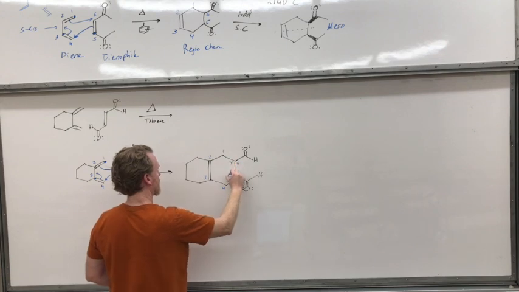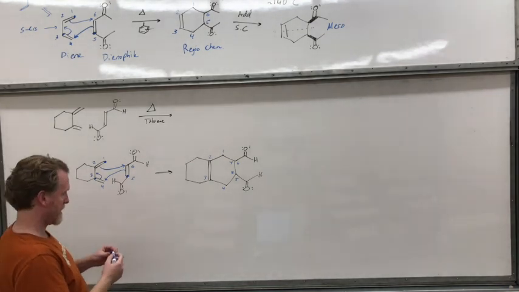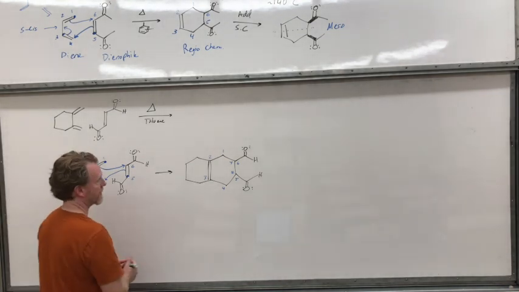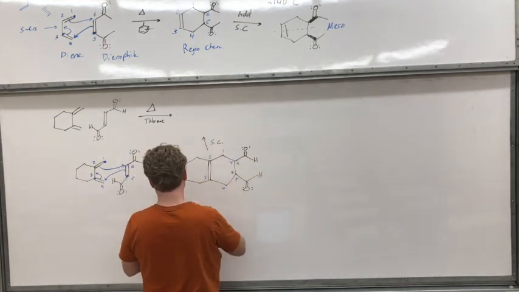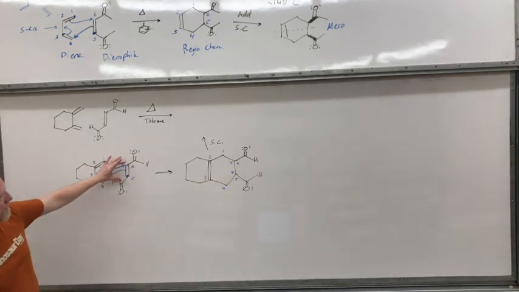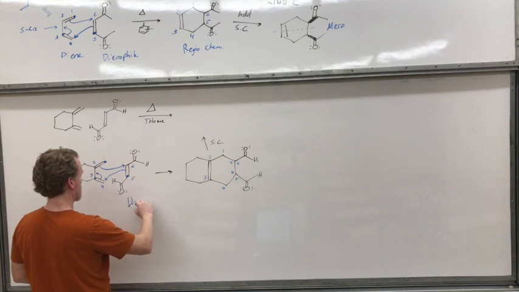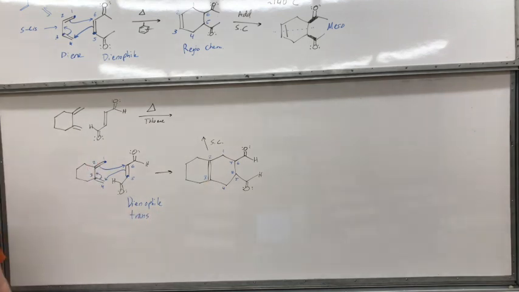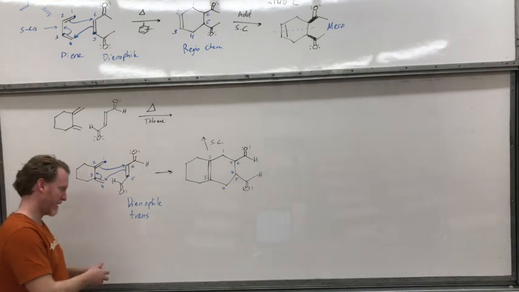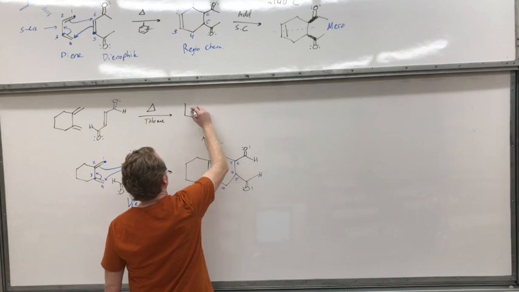I've got two stereocenters, carbons 5 and 6, and now I just need to think about stereochemistry. So my dienophile is trans. So what do you guess the products are going to be? Trans. Easy. Not too bad, huh? So my final product is